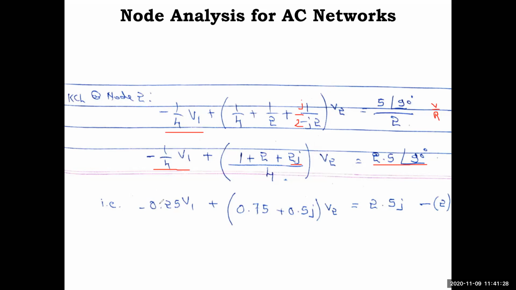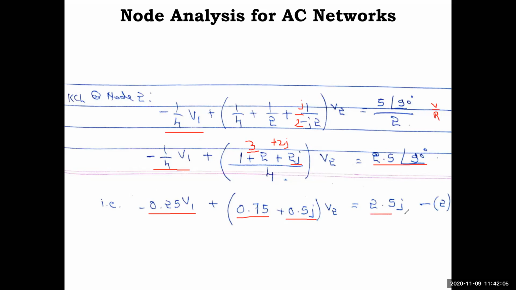So now we'll simplify this, minus 0.25 v1. Okay, 1 by 4 is 0.25. Then here you will get 3 plus 2j form, right? So this is in 3 plus 2j form. Whenever you have the denominator in real part form, you can write this first, 3 plus 2j. If j is there first, you can write the j part first. Okay, so that simplification may not confuse you. So now 3 by 4 is 0.75, right? And then plus 2 by 4 is 0.5. So plus 0.5j v2 equal to